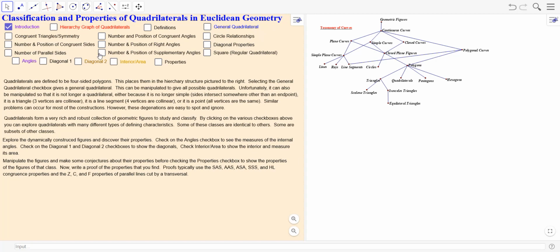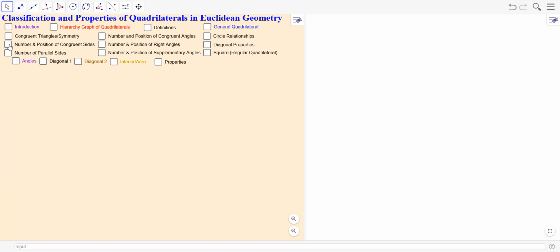All right, let's continue our look at classification of quadrilaterals in Euclidean geometry. There are many ways we can look at quadrilaterals, and an interesting exercise is just to decide how many ways you can classify them. I think I've come up with, if not all of them, pretty close to it in this big GeoGebra